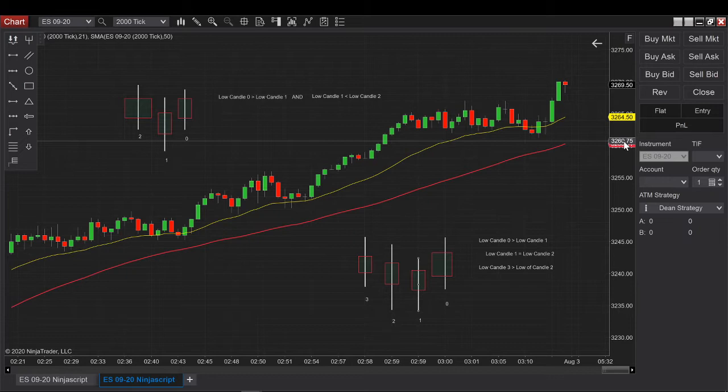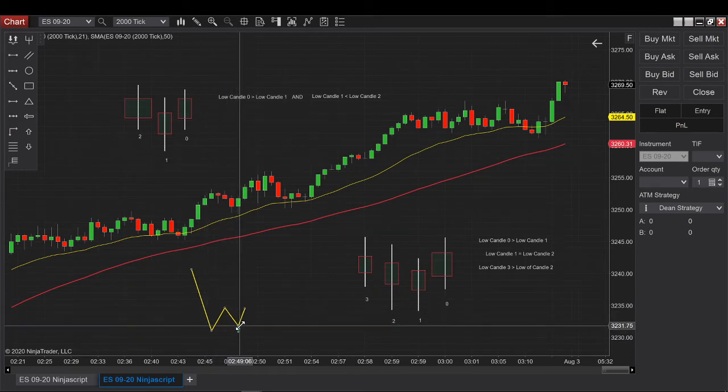So now that we know the definition, let's try to code it out. Because to be able to find a two-legged pullback, we need to find pivot lows and pivot highs. So I remind you, before we go into part 2, what is a two-legged pullback? A two-legged pullback is basically if I have one pivot, a second pivot, and that's it. So this will be one pivot low, another pivot low, one pivot high and another pivot high. This will be called a two-legged pullback because it does one leg and a second leg. This will be the first leg, second leg.